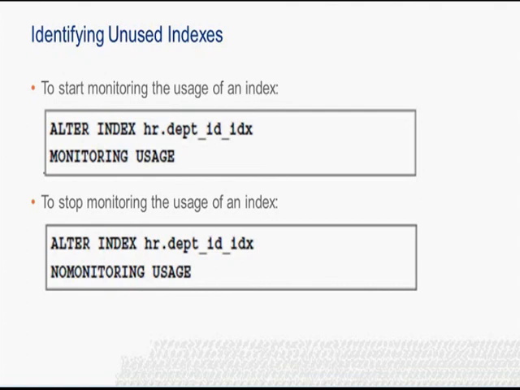Statistics about the usage of an index can be gathered and displayed in V$OBJECT_USAGE. If the information gathered indicates that an index is never used, the index can be dropped. In addition, eliminating unused indexes cuts down on overhead that the Oracle server has to do for DML. Thus, performance is improved. Each time the monitoring usage clause is specified, V$OBJECT_USAGE will be reset for the specified index. The previous information is cleared and a new start time is recorded.